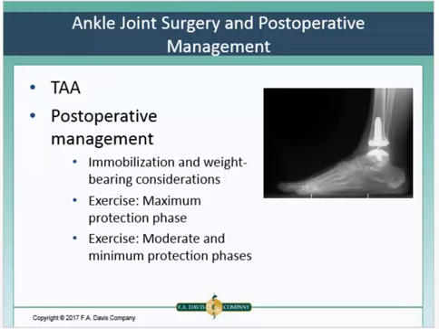Some surgeons will immobilize the ankle in what's called a cam walker or a cam boot, and that's the short leg splint that patients can be put in. And they may be in that for anywhere from 10 to 21 days after surgery. But once they come out of the cam walker, you can start to do range of motion. In most cases, patients are going to be full weight bearing though by 6 weeks and able to begin progressing